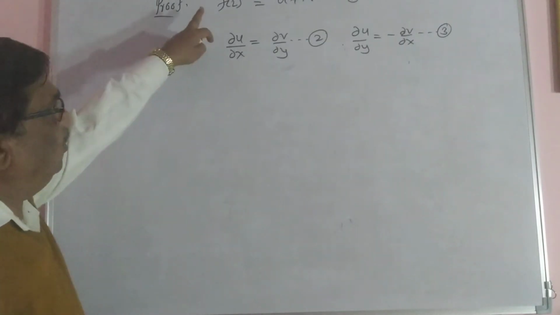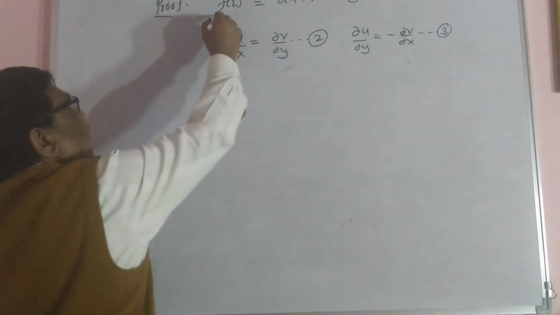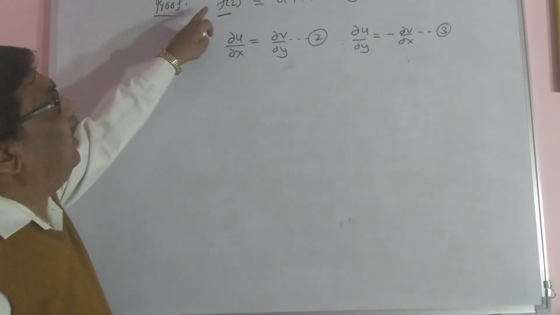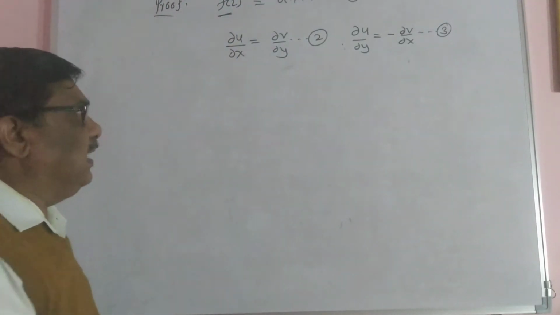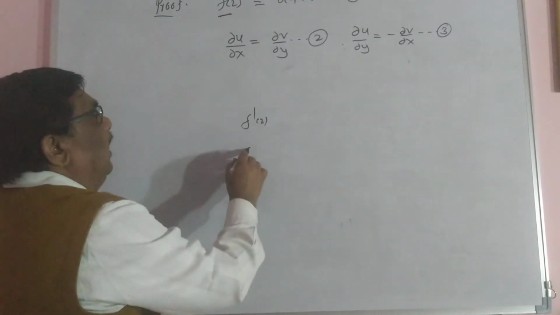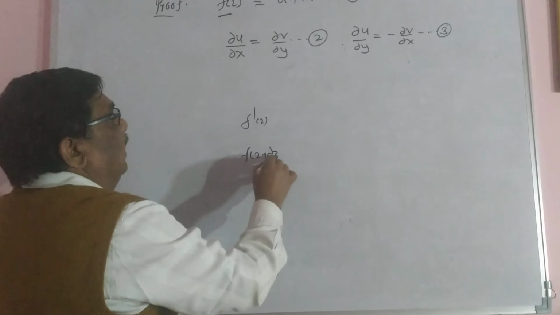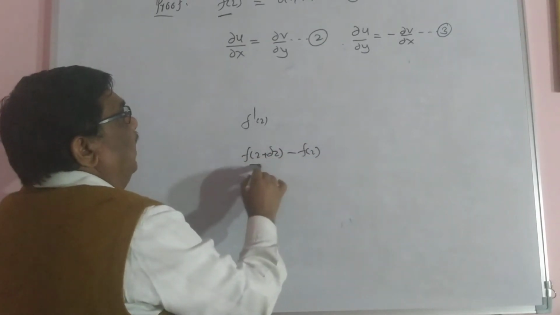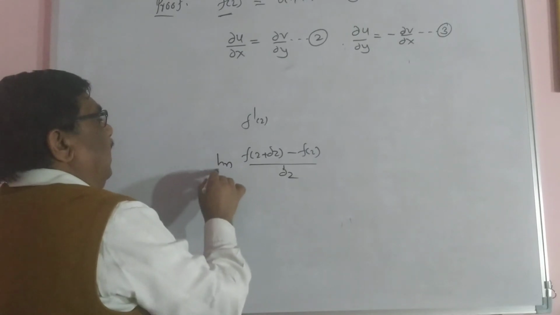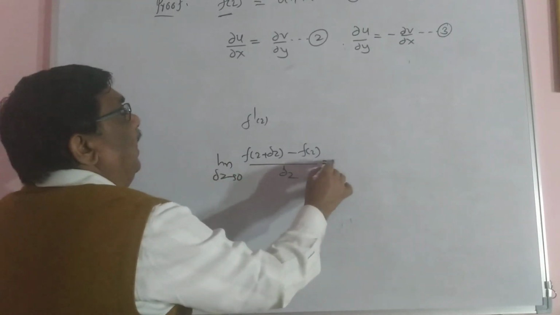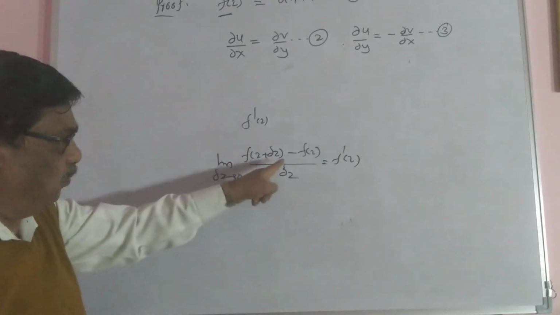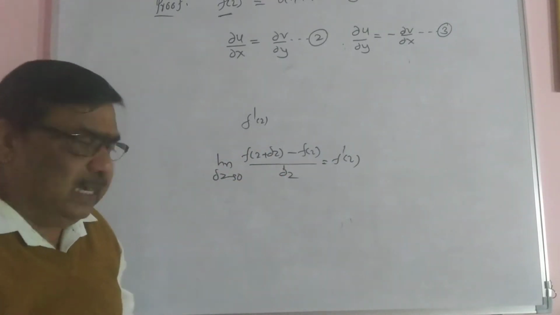Now we have to prove that the function is analytic. Analytic means it is differentiable. Differentiable means f dash of z exists, that is, the limit of f of z plus delta z minus f of z, divided by delta z, as delta z tends to 0, exists. So this I have to prove. For that, let me consider,